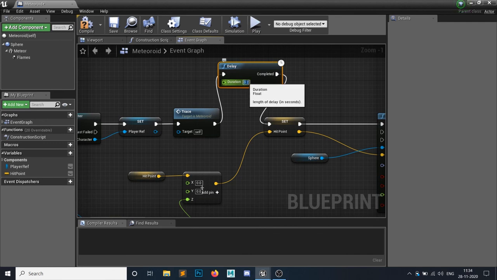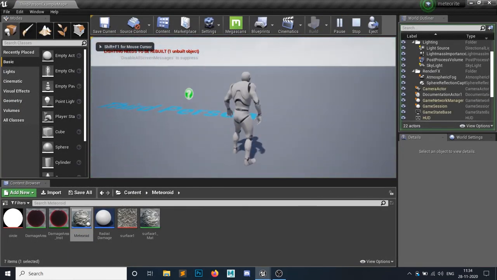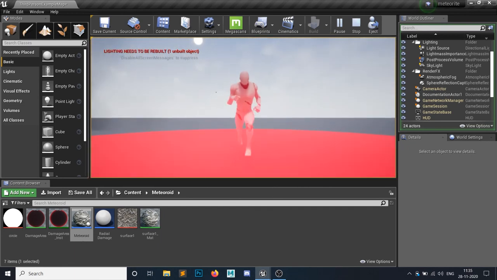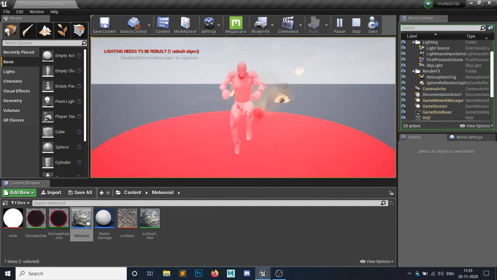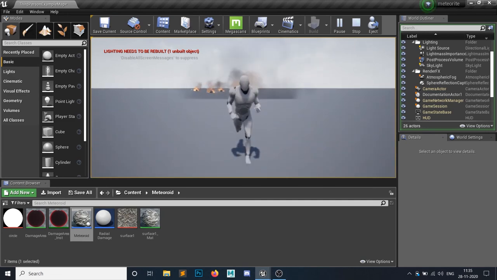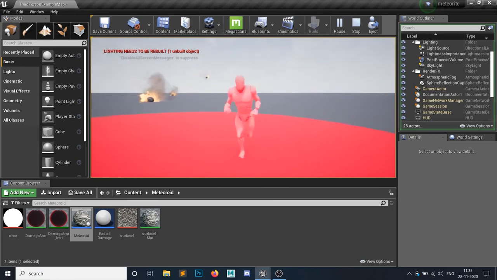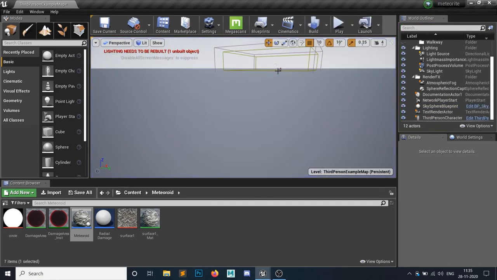Let's say I want to wait for 0.5 seconds and then move my meteor to the hit point. So now I have 0.5 seconds and then the meteor will arrive. And if I'm in the red area, then, so this is what meteors are.